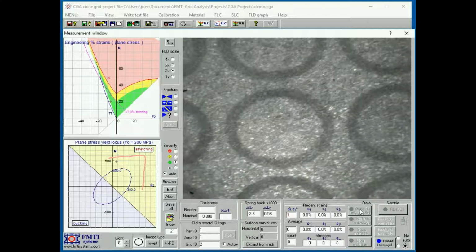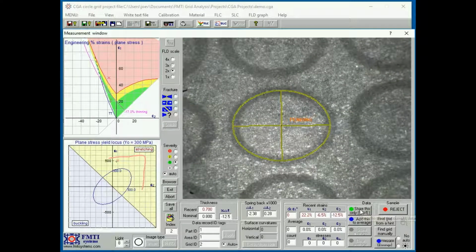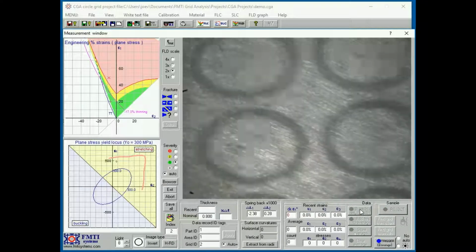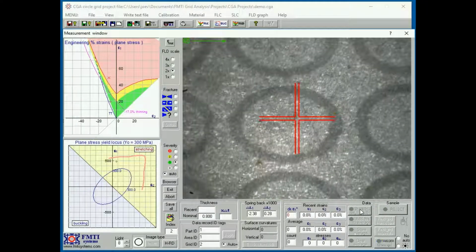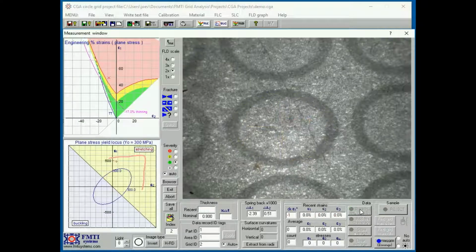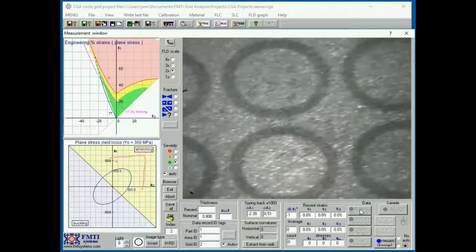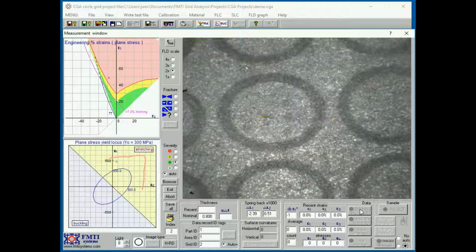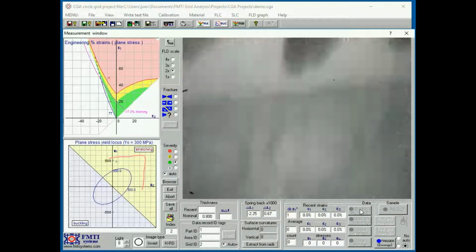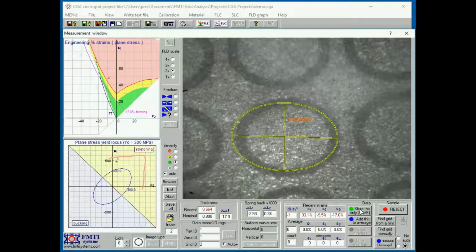These strain measurements are taken in real time, so you can see it's a very fast measurement. There's often cases when it doesn't actually find it automatically, in which case you find one that it doesn't find. That one is not a very good representation, but you have the option of using manual mode, which is found